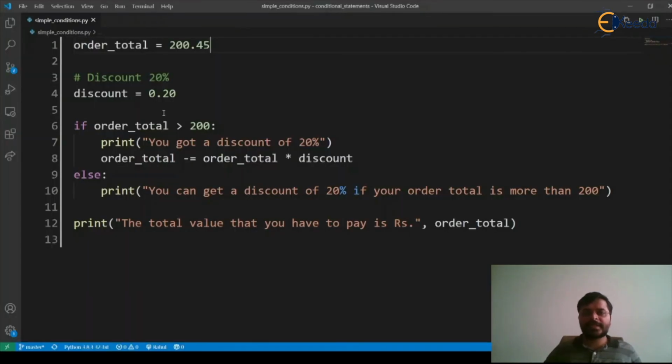Our order total is 200.45, which is greater than 200, hence the if condition evaluates to true and the 20% discount got applied on our order total, and the total value we have to pay is 160.36 rupees.